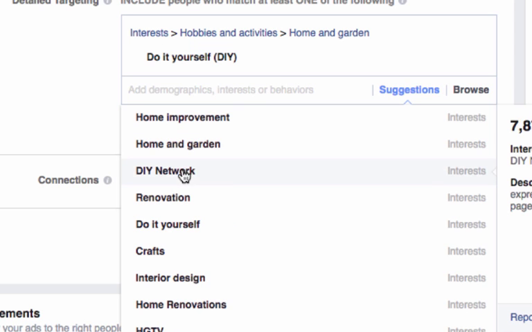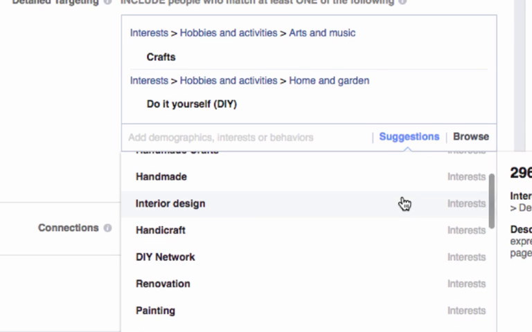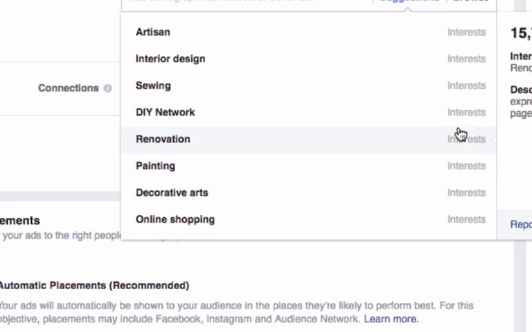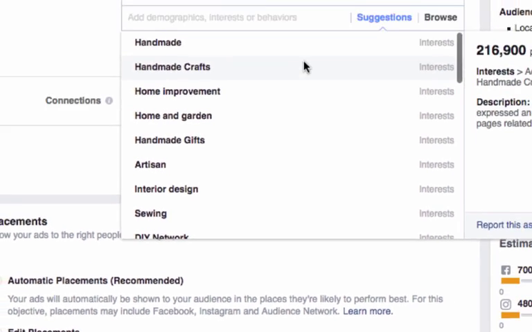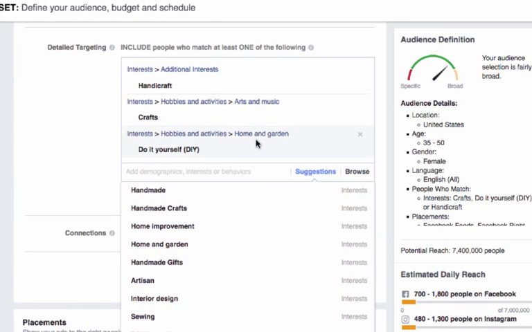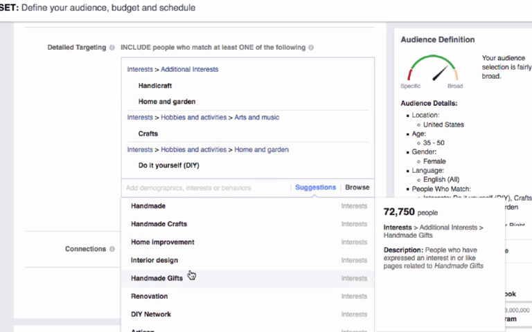Home improvement, do it yourself, renovation, crafts. Handicraft, 116 million people. So you've got an awful lot of people that are into these crafts and whatnot. Home and garden. So basically you go through and you pick a few